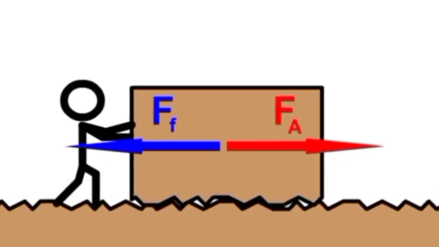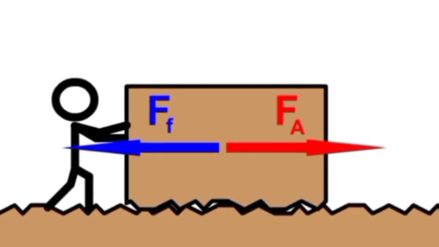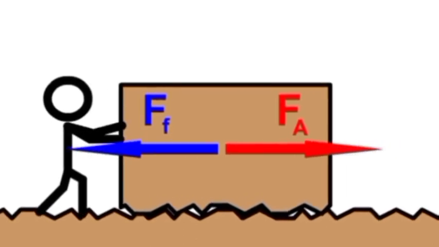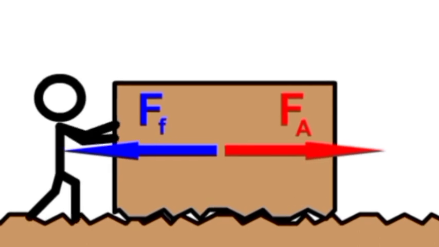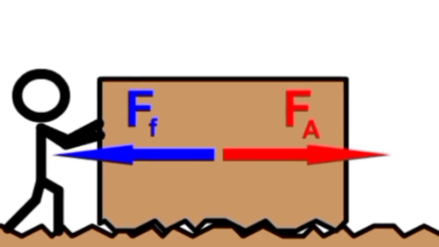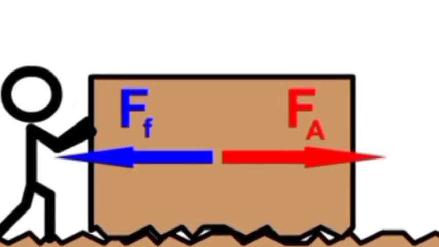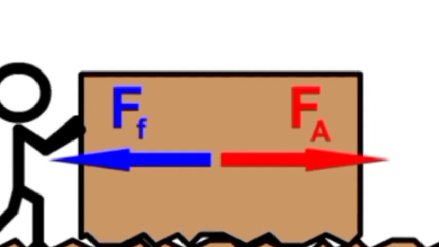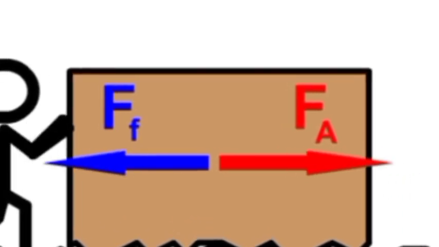Now I will show you a certain number of animations so that you will understand the process of static friction very clearly. Here what is happening, a boy is applying force. You can observe here FA by the red mark. Force applied is towards the right direction, but the object is not moving. What is the reason? The reason is the surface is offering the opposing force, which is denoted by FF in blue color. So whatever the amount of force the boy applies, there is an opposing force developed by the surface of contact, so the object will not move. Until when will the object not move? You can see that.